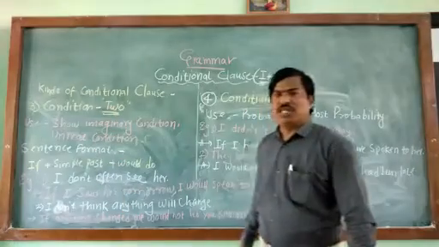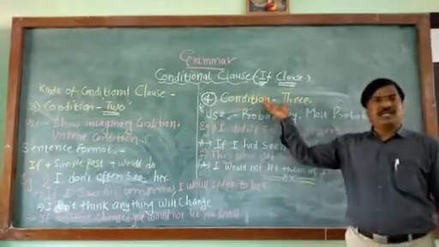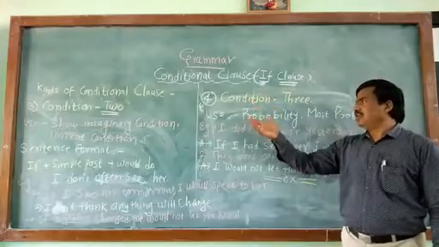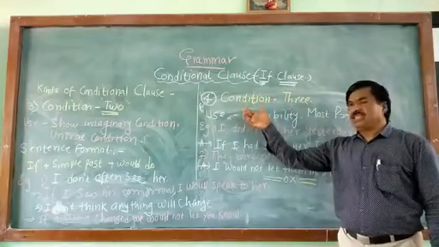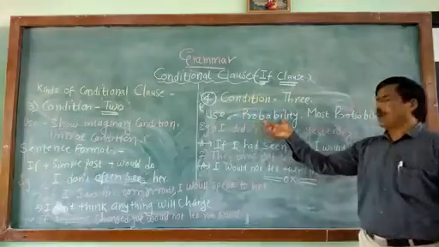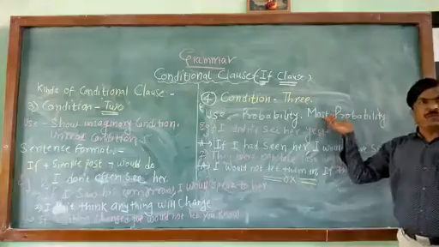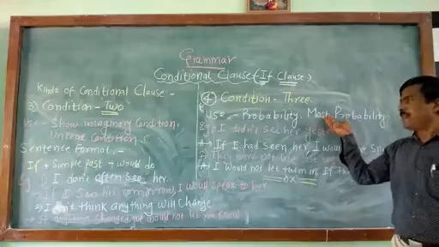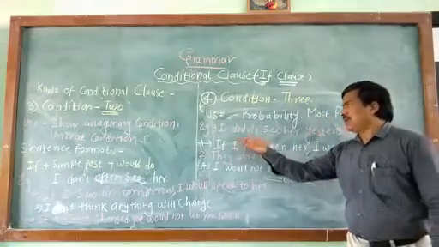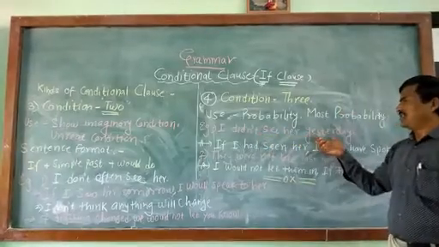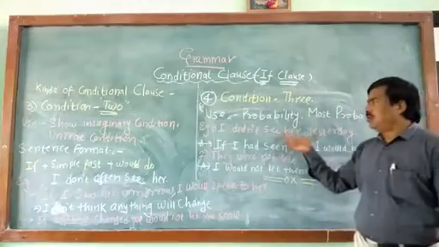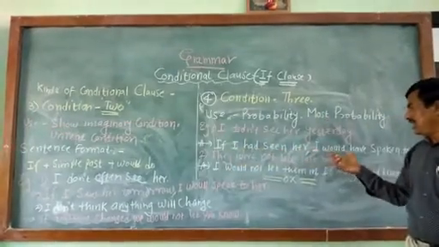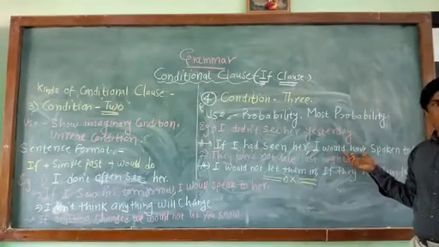So we will turn over to the fourth kind, that is condition 3. This is the last kind. Condition 3 is used to show probability, commonly most probability, means the incident may take place in the future. See the example. I didn't see her yesterday. How to change this sentence into this conditional clause? If I had seen her, I would have spoken to her.